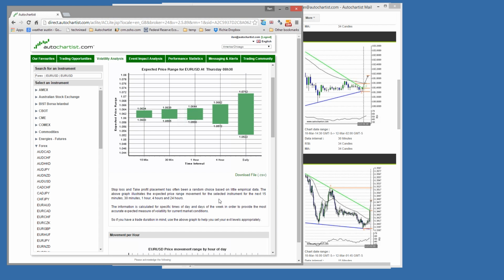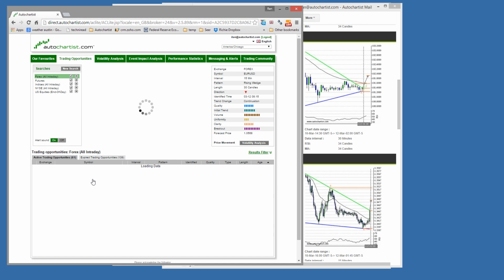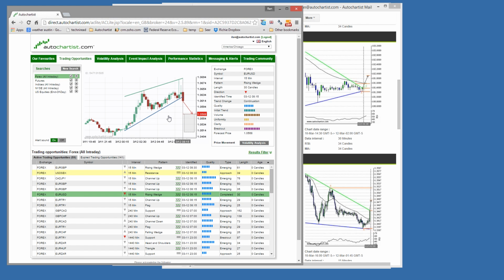So let's just say, for example, we look at the trading opportunities. There was a nice euro dollar trading opportunity we looked at just a moment ago. Here it is. Okay, so we're there now. So here's a euro dollar trading opportunity. This is on 30-minute candles, 15-minute candles, right? So now we forecast to